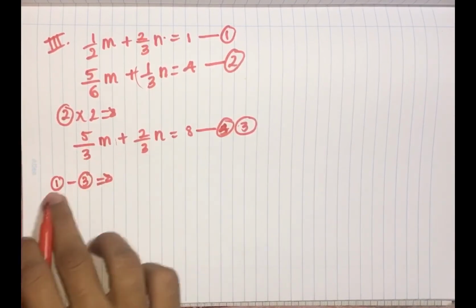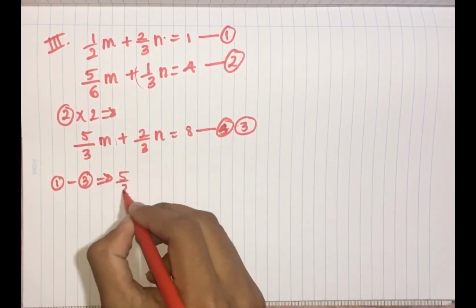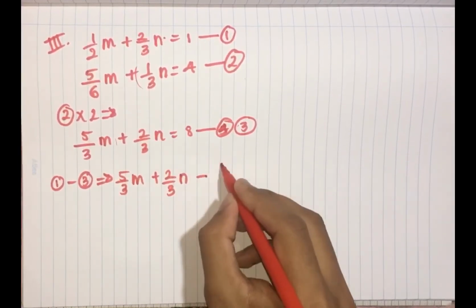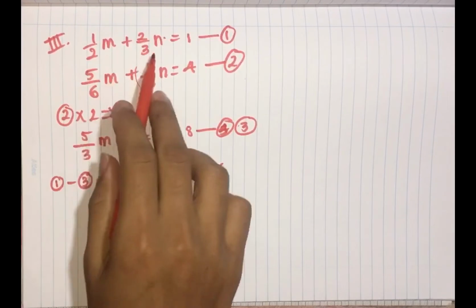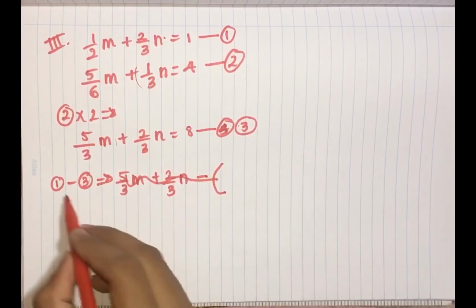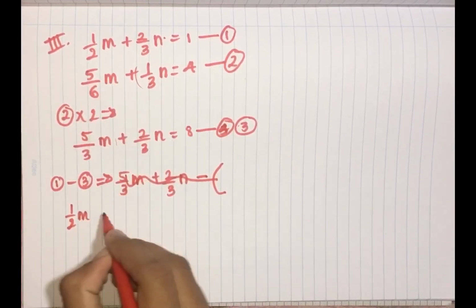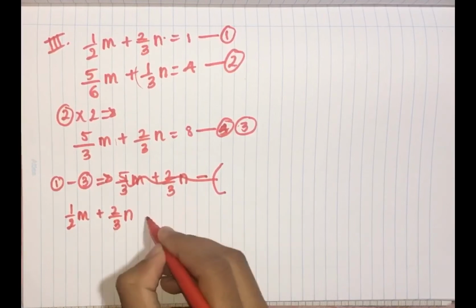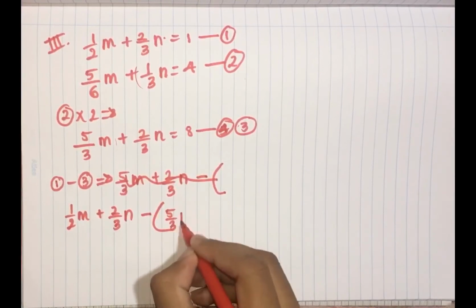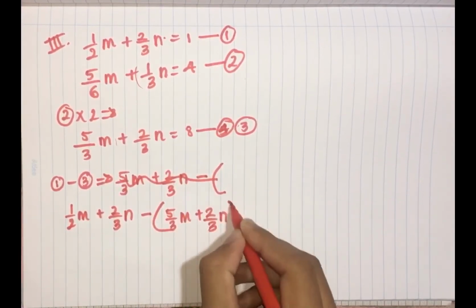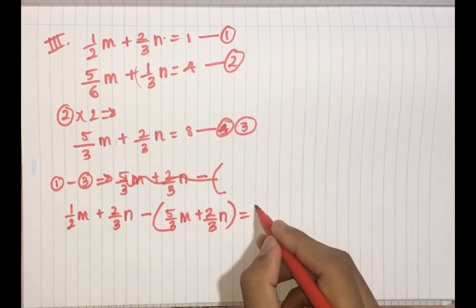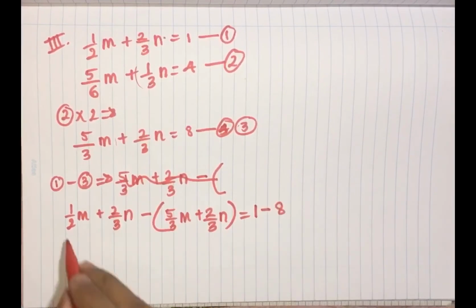All the left hand side of equation 1 first. That is half m plus 2 over 3n minus, within brackets you write all the left hand side of equation number 3. You have 5 over 3m plus 2 over 3n. Now you write the right hand side of equation 1 minus 8. So if you add both,